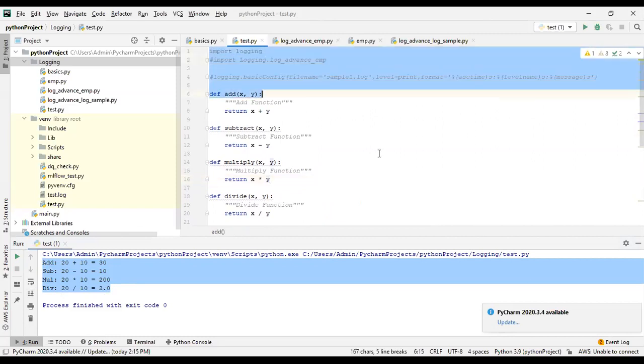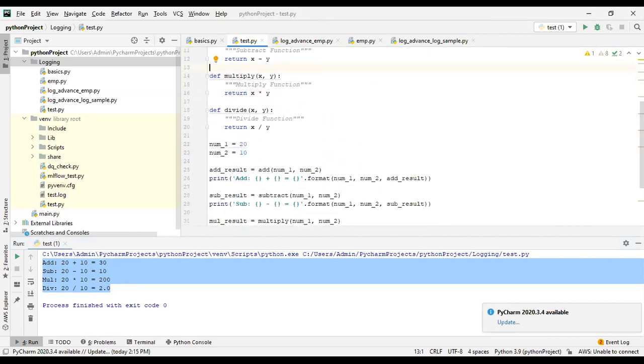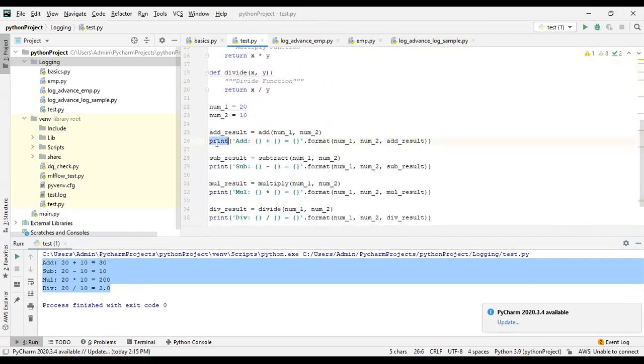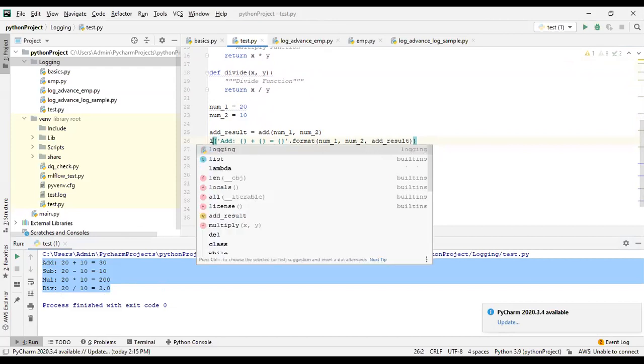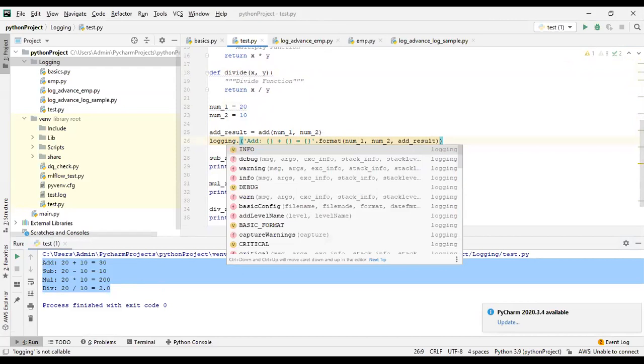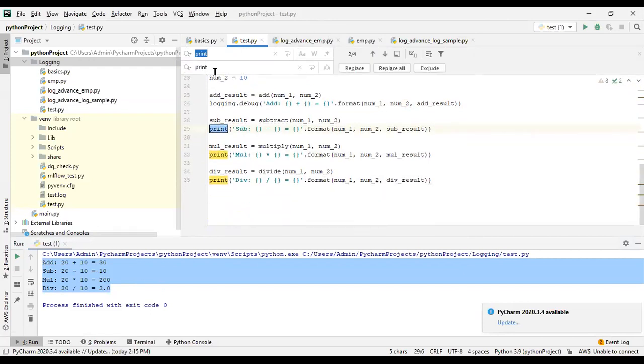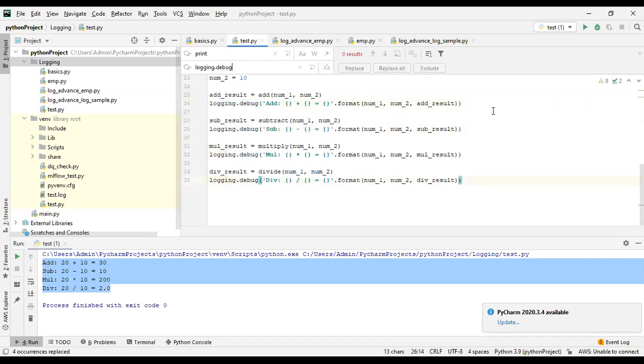Instead of these print statements, Kritika has already explained the importance of logging. I'm using the same thing with the help of import logging, changing these print statements to logging.debug.